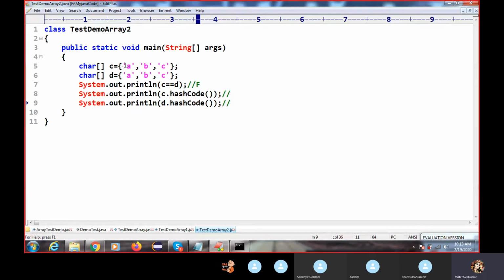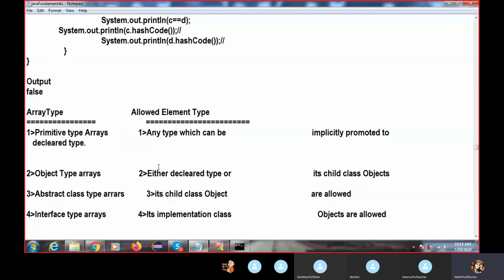We will explore the double equal operator in your string chapter. We will learn the difference between the double equal operator and the equals method. This is an interview question and a very interesting topic, right? We will explore this topic in your string chapter, or we will learn it in your object class in the coming session.